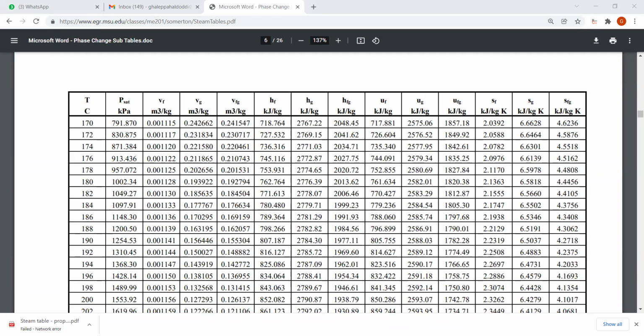And Cp value is 2.1 into 10 to the power of 3. How much superheated temperature has he given in the numerical? He has given 115. And dear students, try to understand each and every term. I am trying to write all the points. 115 degrees Celsius is the superheated temperature. At this pressure, note down the saturation temperature also. At 1 bar pressure, you will get the saturation temperature also.